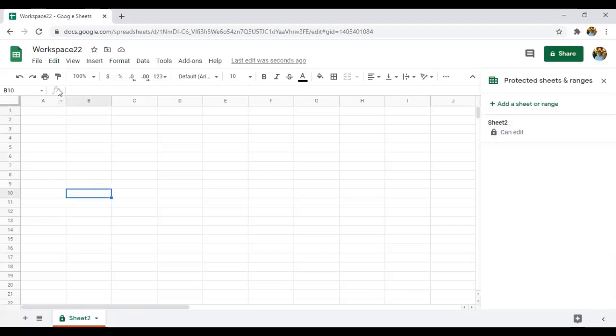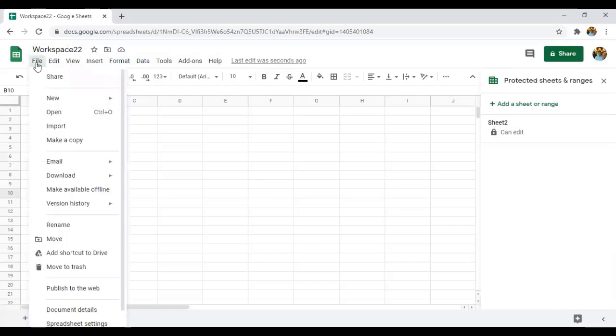So coming to the menu bar, right? You can see there are different menus present here, right? If you click on the file menu, this is one of the menus in the menu bar.